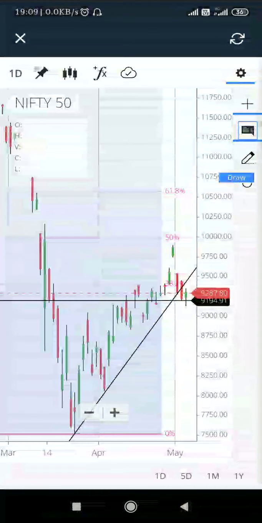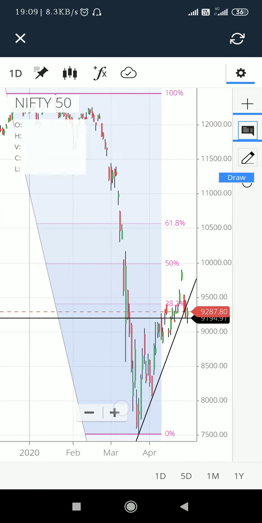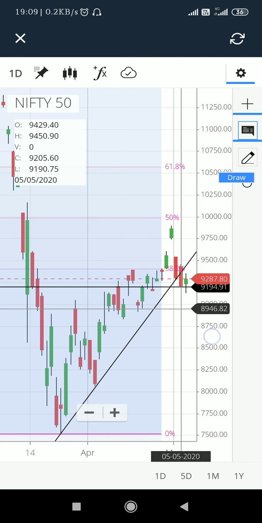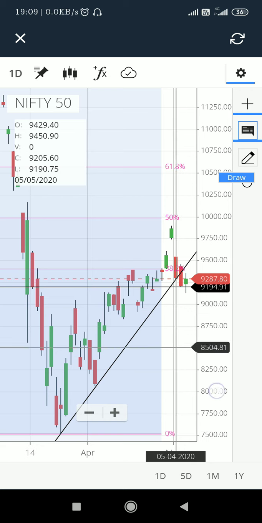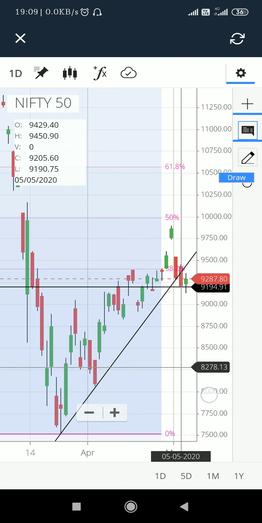As you can see, this is the daily Nifty 50 chart, and the pre-marked level is just the Fibonacci level. The two levels that were marked were the normal supportive trend line that was broken yesterday, and the low of yesterday, that is 5th of May. I clearly mentioned in my video today that anyone can go into a sell of the Nifty futures or buy put side options when the Nifty breaks the low of 5th of May, and it did break it. The low was 9190 and today's low is 9117. But that was a very quick move, and Nifty 50 just reversed from this particular level.